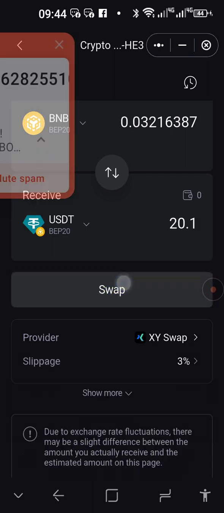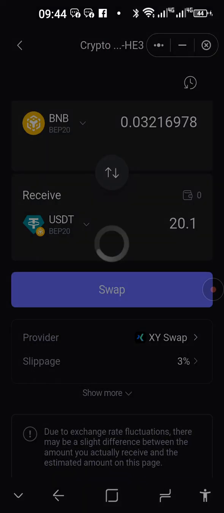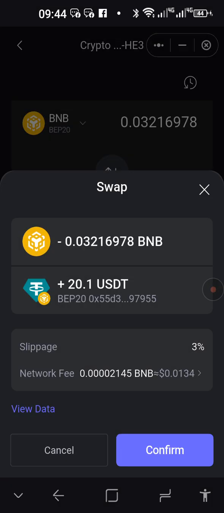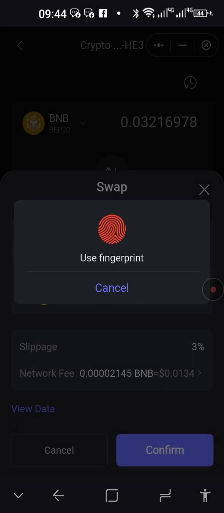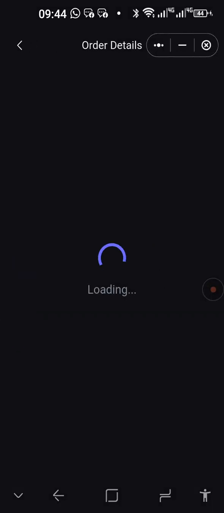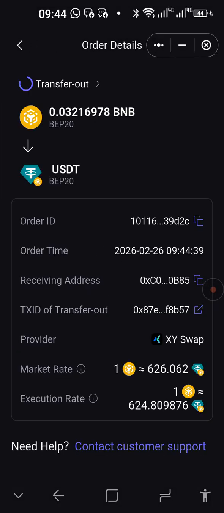Then you press swap, and you're going to confirm. And this is again the picture that you want to see.